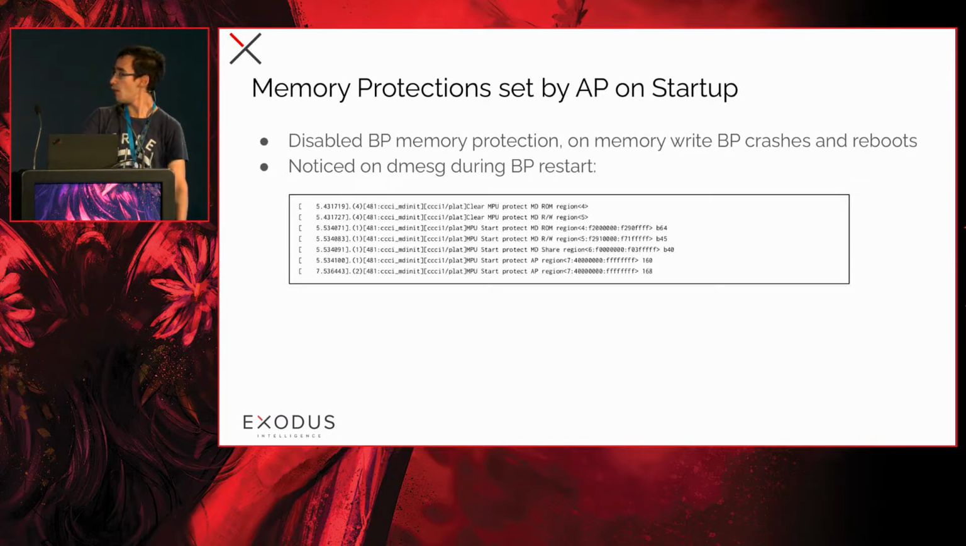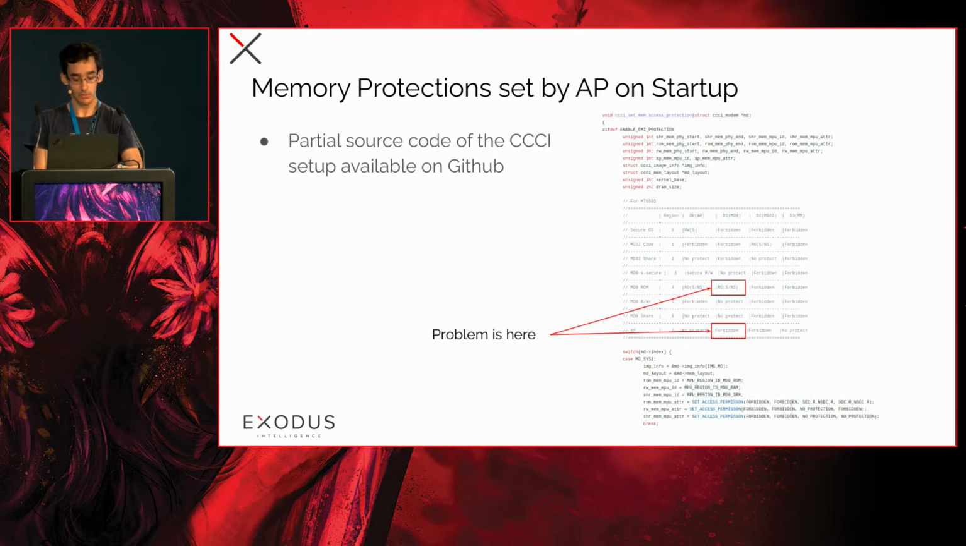Now that we have disabled the baseband processor memory protection, I was trying to write memory after I had disabled this, but it was for some reason impossible. And I did notice a message during the baseband processor restart that was being logged. This led me to believe that the kernel is setting up some memory restrictions, and it turns out that this is the case. The partial source code responsible for loading up the firmware and starting the baseband processor is available on GitHub for unknown reasons, and it turns out that indeed there are two